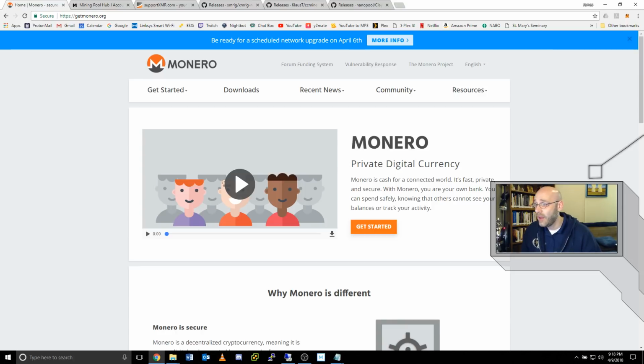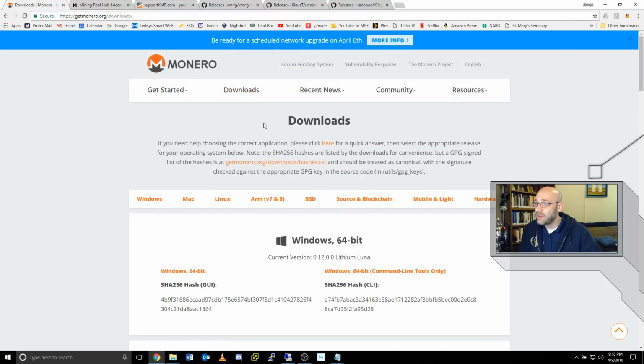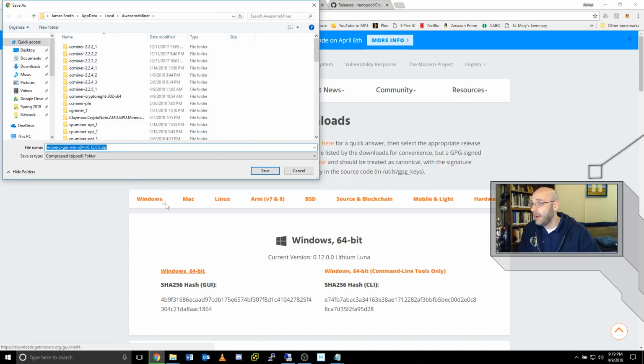So let's get started. First of all, everybody who mines Monero needs a Monero wallet. Okay, you just have to have your own wallet. So this is the Monero page. You come here and you click on downloads, and that will take you to all of these links for different operating systems. I'm going to be dealing pretty much exclusively with Windows. So you can click on right here where we have Windows 64-bit, and that will give you this file here,